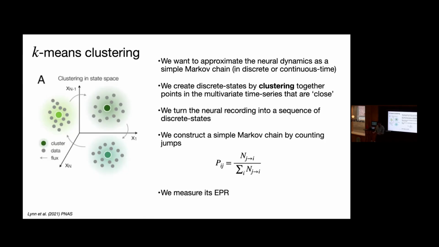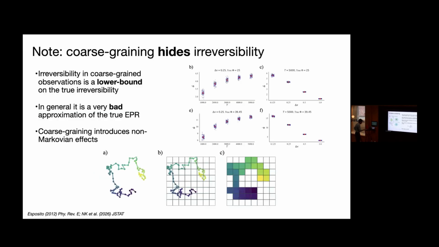And this takes advantage of the fact that inferring a Markov chain from data is very, very easy. You just count the numbers of jumps between cells, right? You want to figure out what's the probability of going from one to another, where you just count how many times you went from J to I and divide by the number of times you went from J to something. So using this very simple thing, you can basically calculate transition rates and measure the entropy production. Okay, so this is very simple. It's something you can do really in minutes for your data set, but it has some caveats.